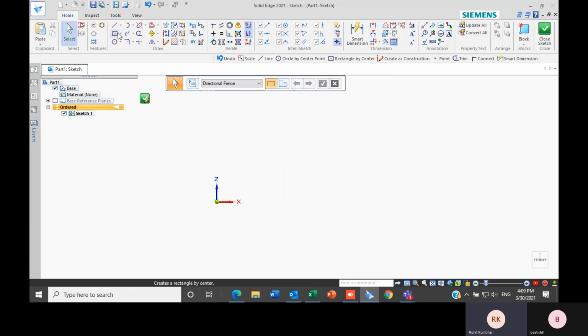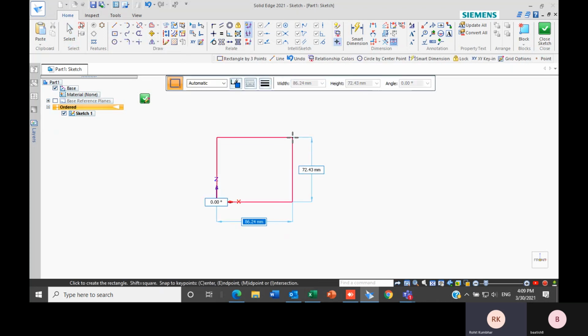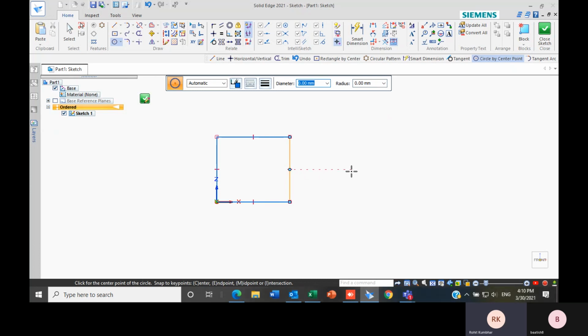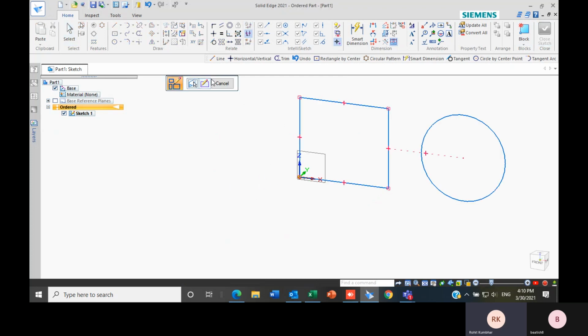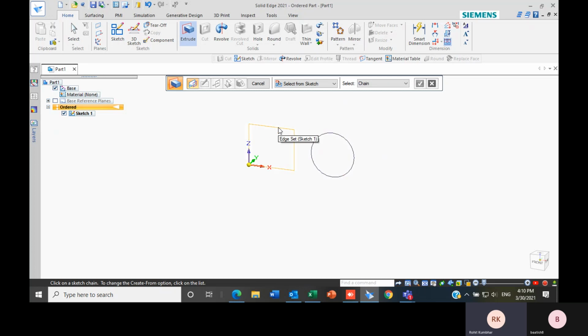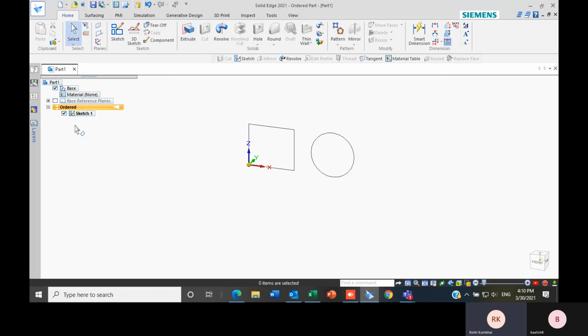So the difference between these two is, let's say I create one rectangle and one circle. If I close this sketch, finish, and try to extrude it, you can see here that I can extrude both the rectangle and the circle. But if I